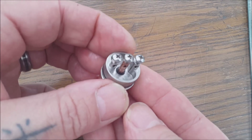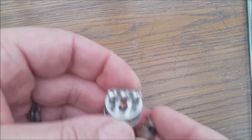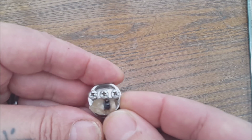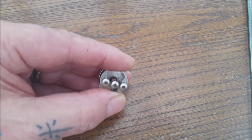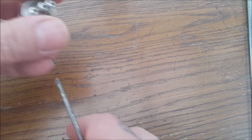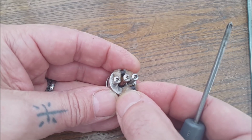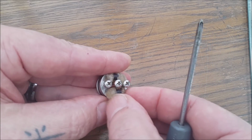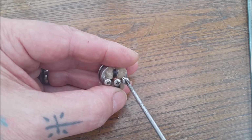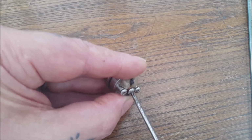Really, really lovely bit of kit. Really easy to build on, really user friendly. Let's just pop these back in. Now, I did a video tutorial. If you go down my feed, you'll see about making these 20 gauge coils and how to pre-bend them so that you've not got to faff about. Obviously, because I've just had these out to show you the deck, I'm going to reset them so I'll pinch and pulse and get them where I want them, and then re-wick before I vape again